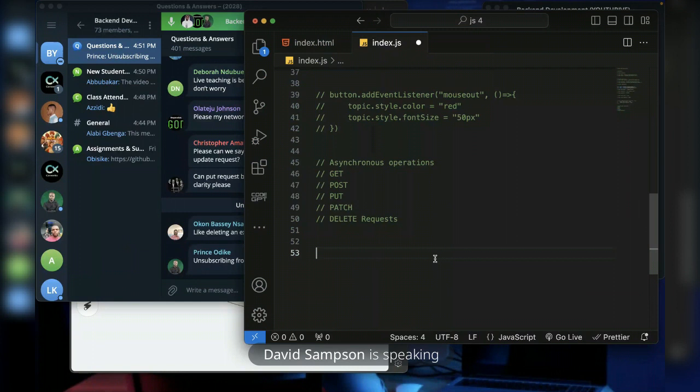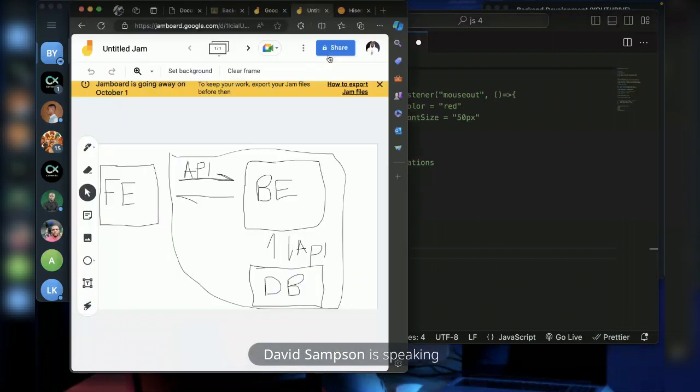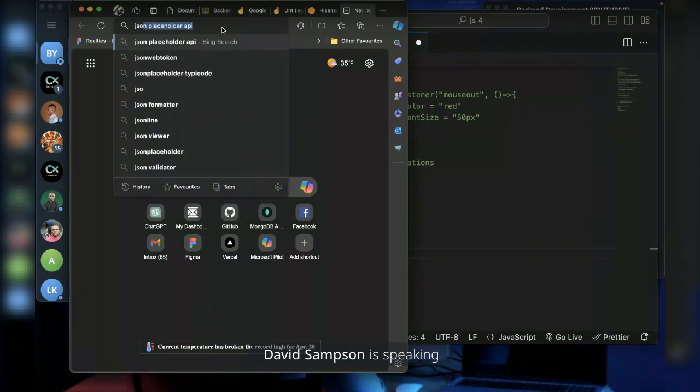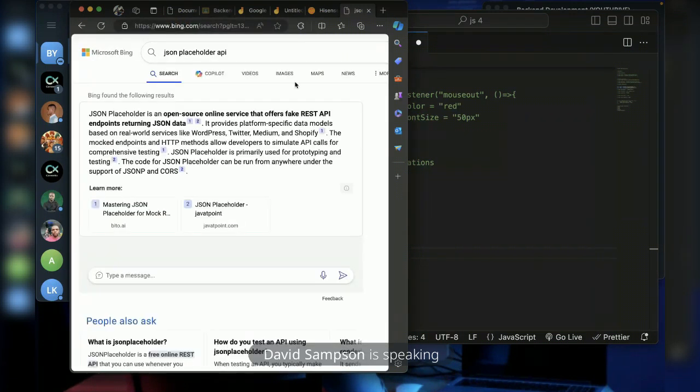So what I want to do is to demo for you how a front-end developer will be making a request to your back end when you build your back end. For example, there is a backend called JSON Placeholder API here.